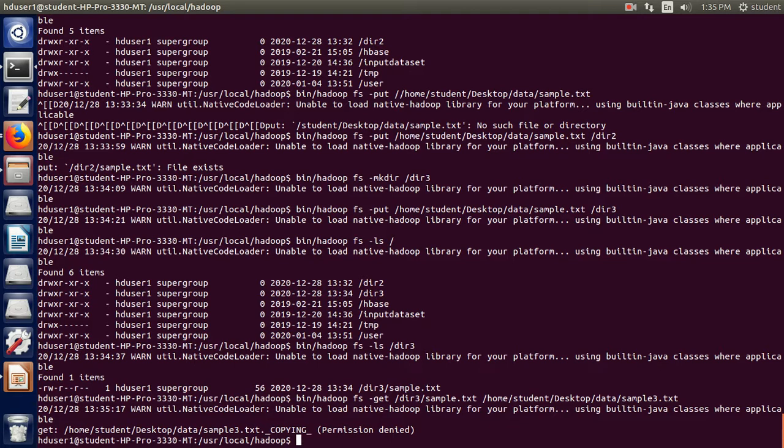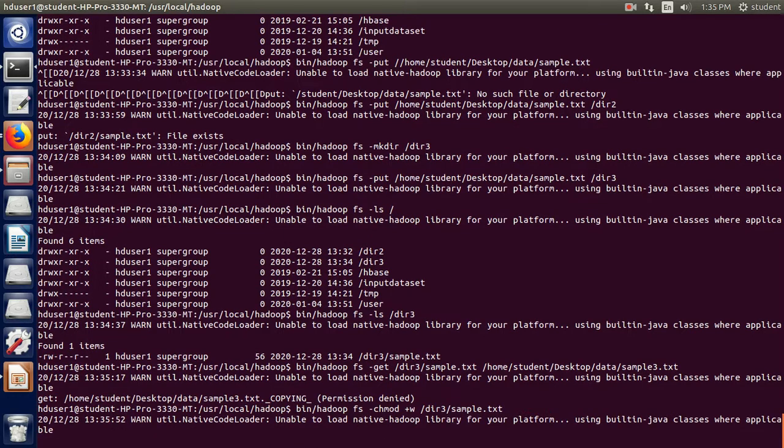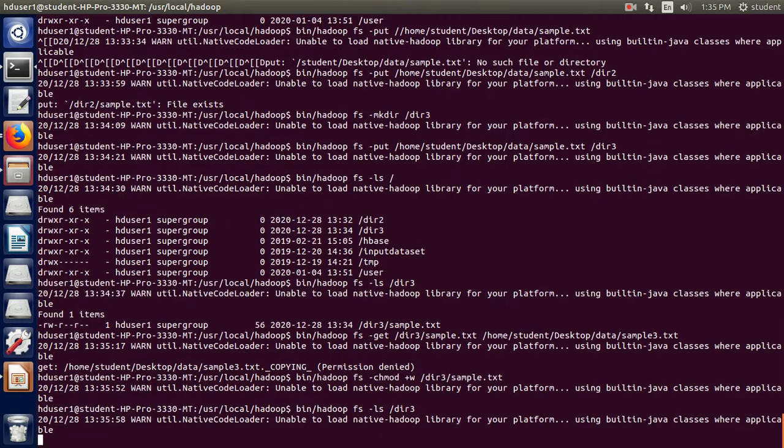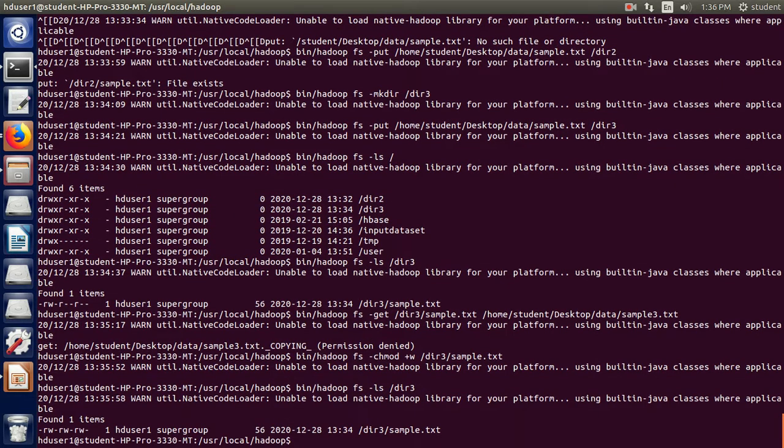So we can see that the super user, hduser, the super group user is there. So I should use the chmod command for this. So here we have the chmod command for this sample.txt. So I will say plus r, plus w. Okay, right, I will just add this mode to this sample.txt. So there is a change of this, and I check again the dir3 contents. Okay, yes, you can see rw, all the w permissions are given.